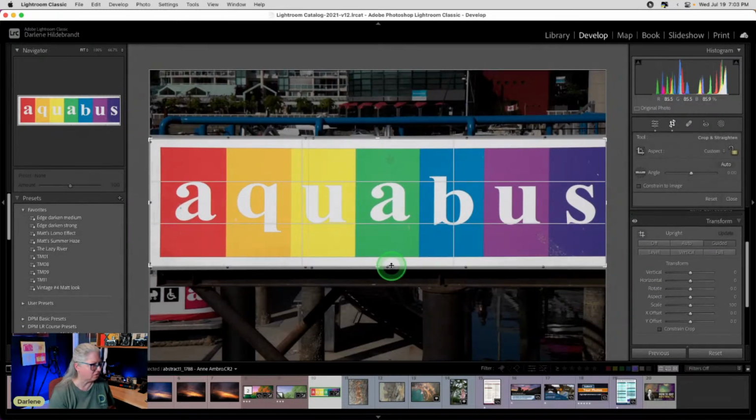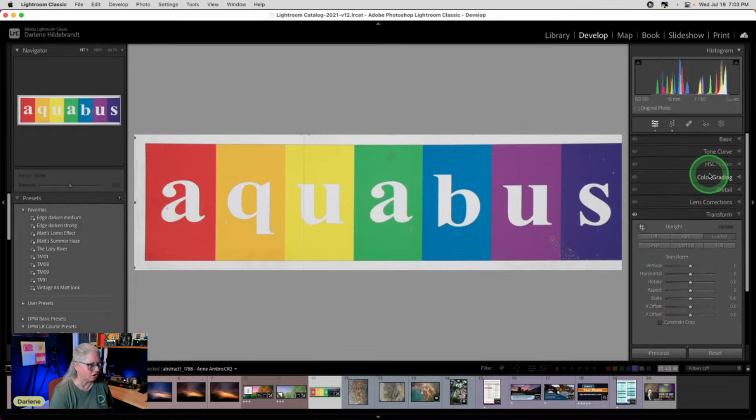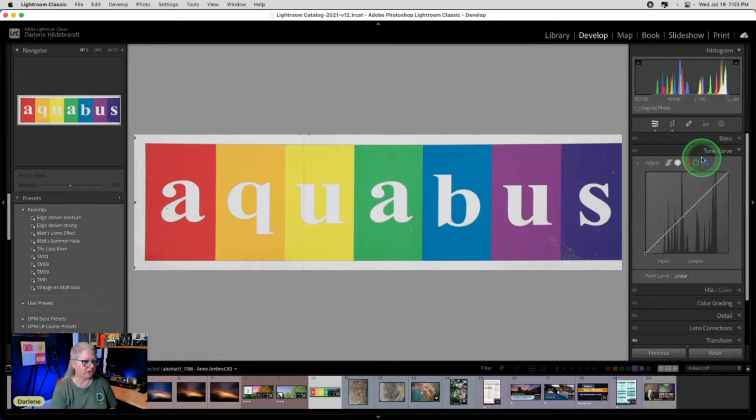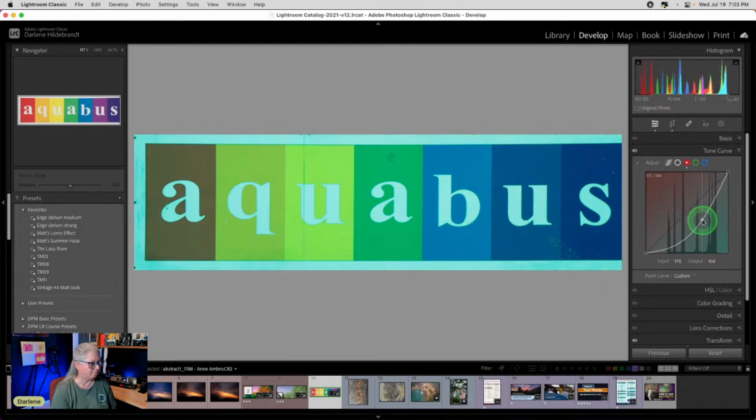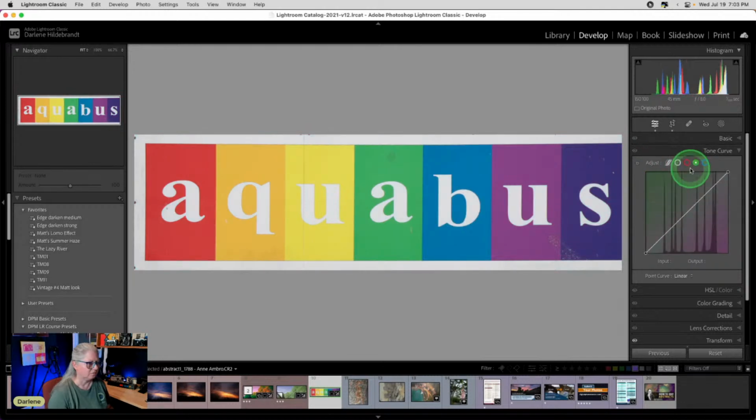Okay, so now we can either go to curves, and this is a great one to actually practice with because you can literally see how it affects all the colors, right? So it doesn't just affect red and cyan in this case, right? It affects all the colors. So when we shift things, now we've got cyan on the white, right? And red shadows. See that? So it changes the colors. Green,